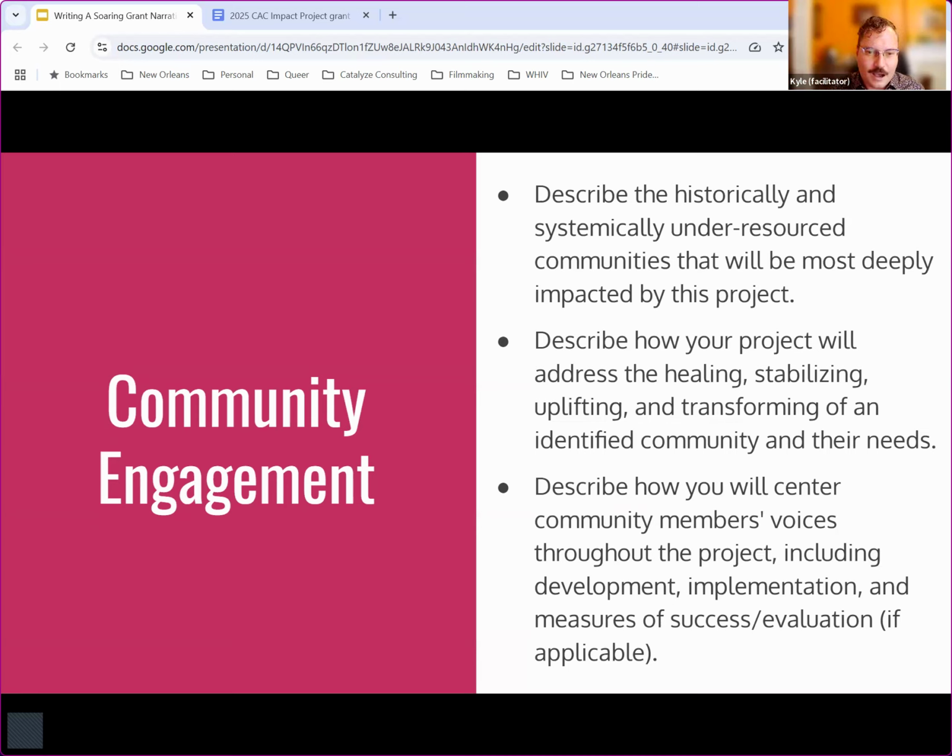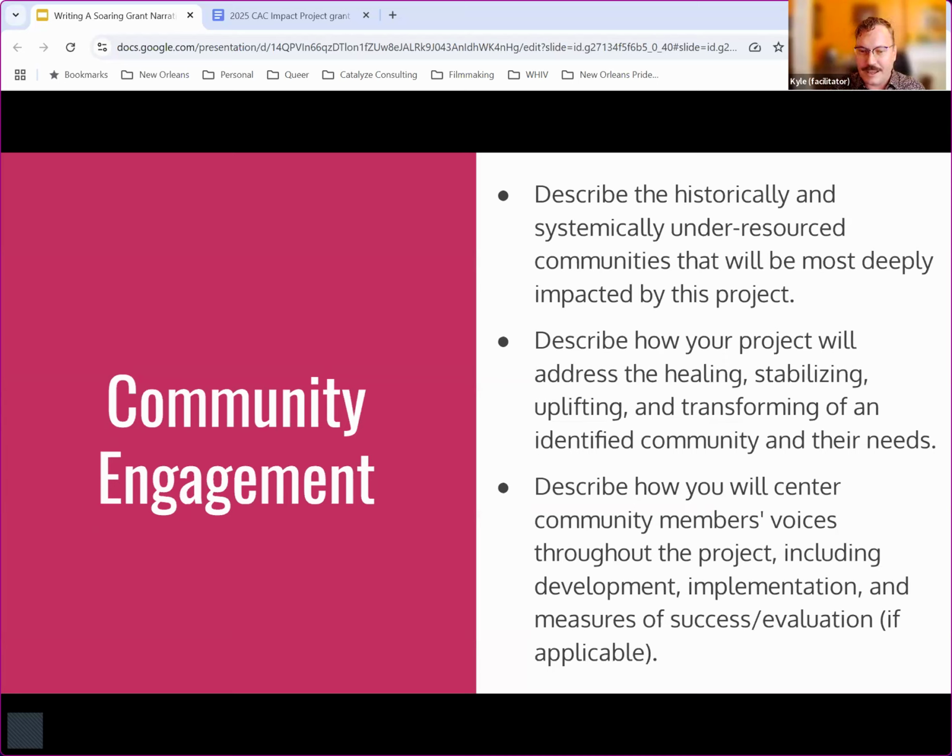geographical data. Describe how your project will address the healing, stabilizing, uplifting, and transforming of an identified community and their needs, and describe how you will center community members' voices throughout the project, including development, implementation, and measure of success evaluation. Notice those, right?